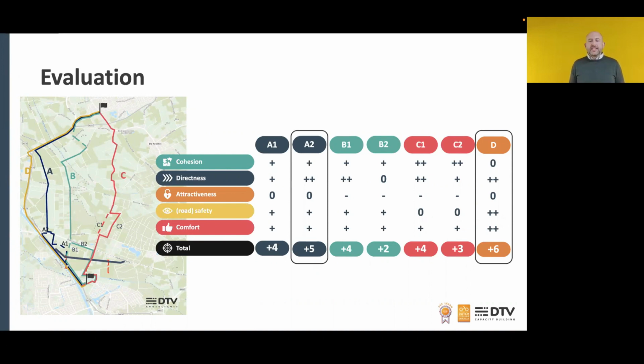most desired options. D, far to the west, scores very positive on directness due to the number of people that could be served on the western side, even west of the map. So that was an important element, and D was very strong at road safety, because along this route a lot of separated intersections or off-grade intersections were possible. And in this way, we evaluated all the alternatives in a structured way